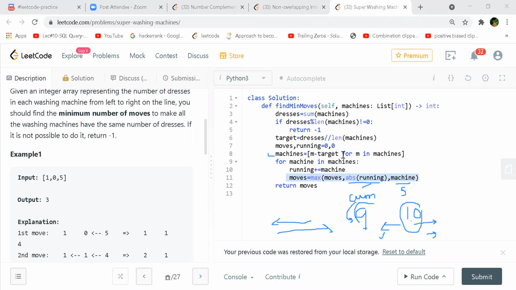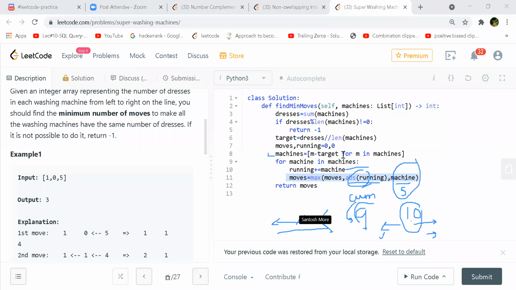If you want to avoid this portion, then he's just saying that you take this machine and whatever is the surplus, because we know that when you are coming from left to right, we are getting that from the absolute running value. So if we look only at the machine, we know that the surplus value will tell you that some movements are happening from the other direction also, running from right to left.